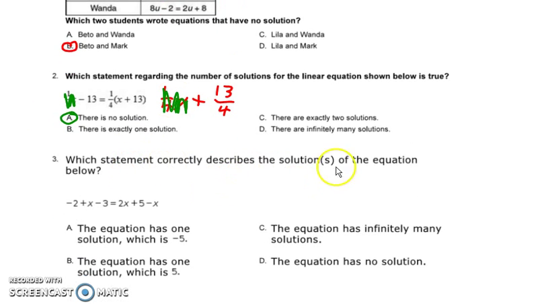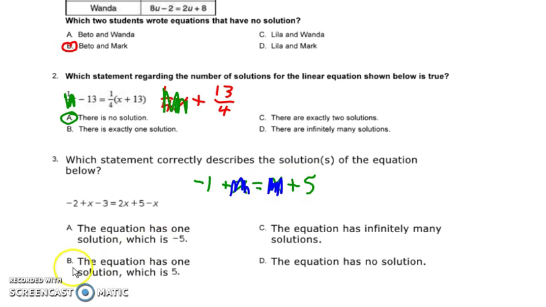Which statement correctly describes the solutions of the equation below? Negative 2 plus x minus 3 equals 2x plus 5 minus x. We just need to simplify this. Combining like terms, negative 2 minus 3 is negative 1. So I'll write that over here, negative 1 plus x equals 2x plus 5 minus x. 2x minus x is x. So x plus 5. If you get rid of the x from both sides, you have negative 1 equals